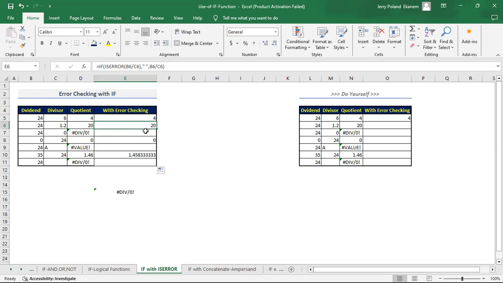Okay? And now let's look at this one. 24 divided by 0, there is an error. So because there's an error, what do we do? Instead of us returning the value of the error, we say nothing. So we make it an empty cell. Let the cell be empty. That's the reason we just make it empty and we do not return the value, which is this #DIV/0!. So that's how we use IF in conjunction with the